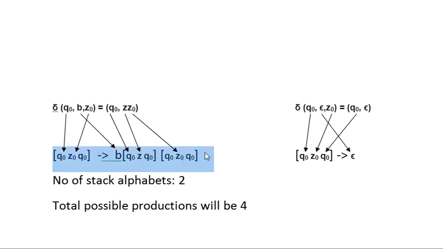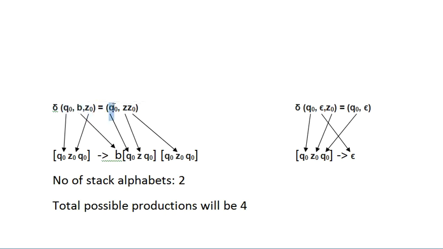Okay, so I'm going with this one. First position will come to this one, Q naught will come to this position. Then the third one, that is the top of the stack, Z naught. This is the third part, so this will come to the second position. Okay, leave the third position for now. Then this B, the middle part, will come over to this. It will always comprise a terminal symbol only, so no worries about that. So it will come over to this particular position, and these three things have been filled up.